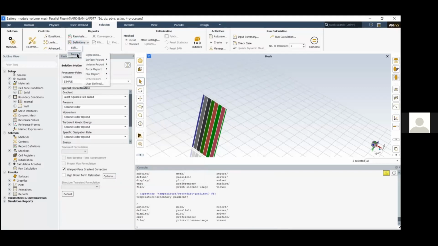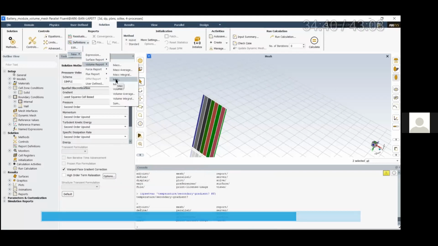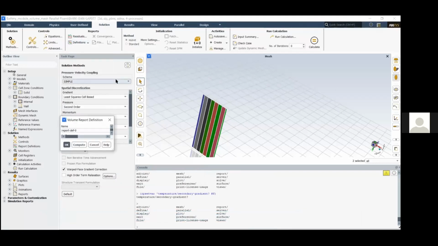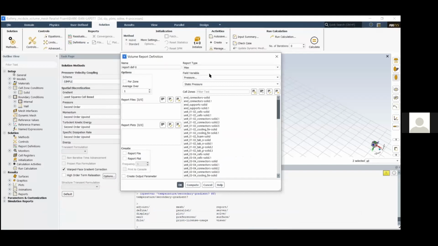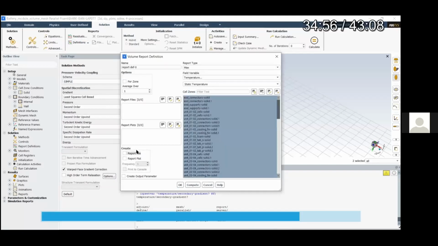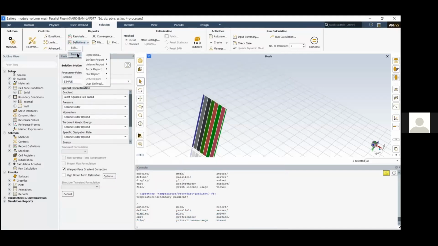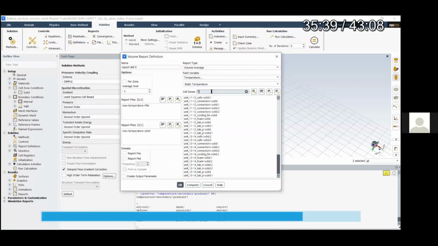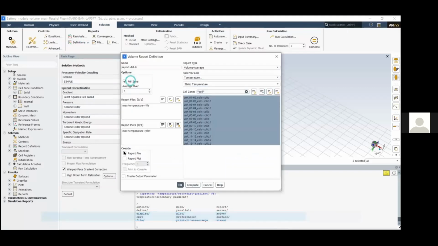And then you can add the report definition. Okay, so volume maximum, volume average, that we can track. Maximum temperature in the complete model, and then maximum average of temperature on the cells, how much temperature is there on the cells, and again on the complete model. Okay, so these two things we are tracking over here. Then just simply start the problem solution. Average temperature on the cells,